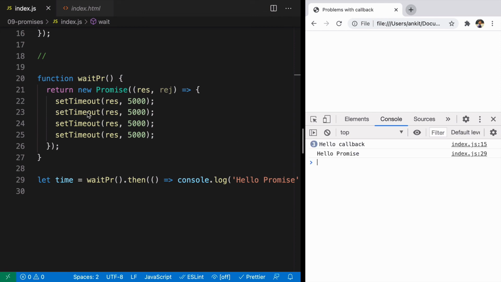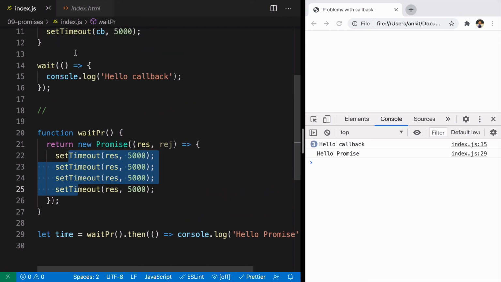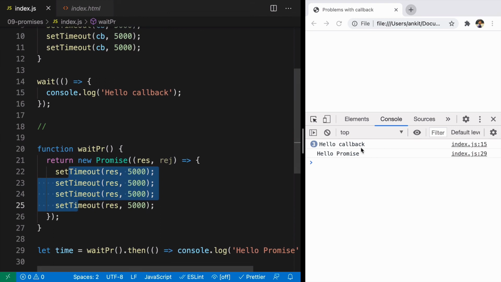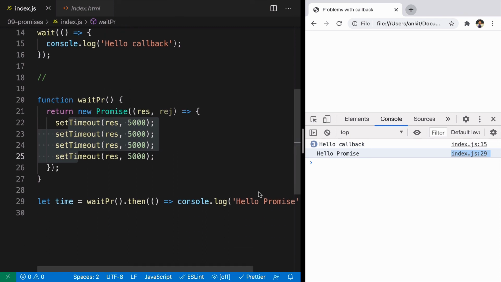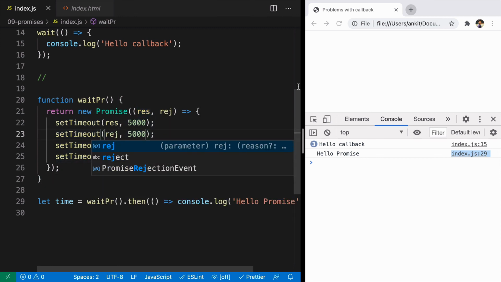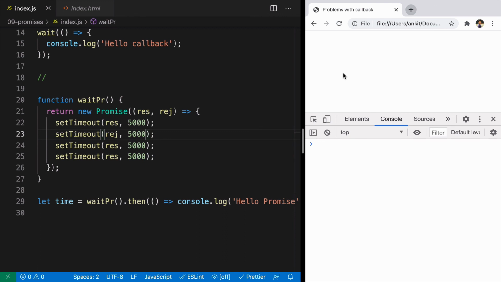So maybe you will think that it will get called 4 times and this one will get called 3 times, but that is not what is happening. Here you can see that hello callback is called 4 times, but promise is only called once. And that is where the most powerful feature of a promise comes in play. Promise can only be resolved once. It cannot be resolved more than once. So if you have resolved this promise here, it cannot be resolved or rejected again. Even if you call reject and you refresh it here, nothing will happen.